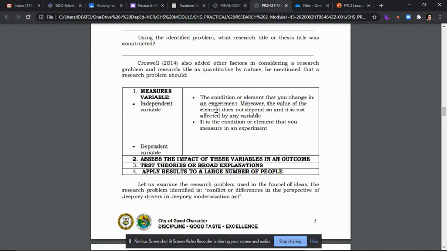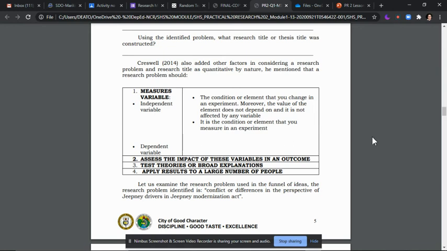Pero just for an example, relationship of English proficiency to mathematical ability of selected grade 11 students of Jesus de la Peña National High School, school year 2020-2021. Ano yung gusto kong maging independent variable? Kung may kinalaman yung English proficiency sa mathematical ability, ang ating independent variable ay English proficiency. Yung ating dependent variable ay mathematical ability.